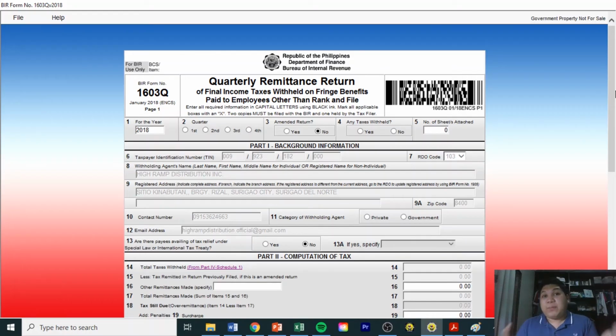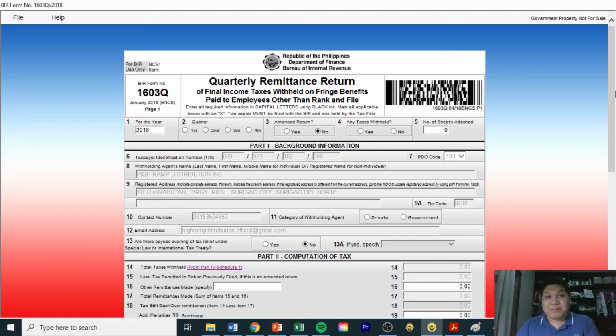So if you are the employer, you should always be careful and be mindful that you should file, pay and remit the fringe benefit tax to the BIR, so that when you file your income tax return, you can claim that fringe benefit as expense. Otherwise, if you fail to file this return on a quarterly basis, you cannot deduct the entire amount as expense on